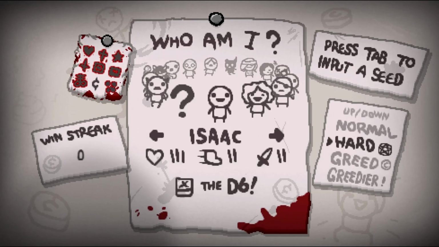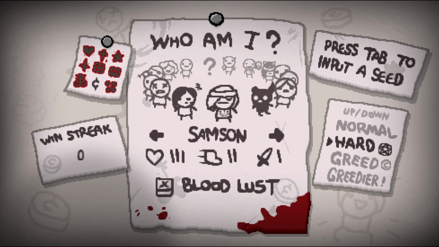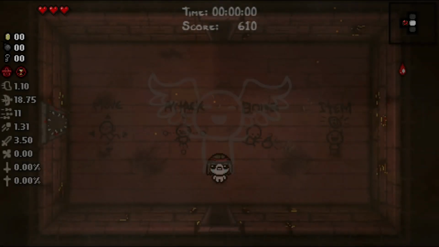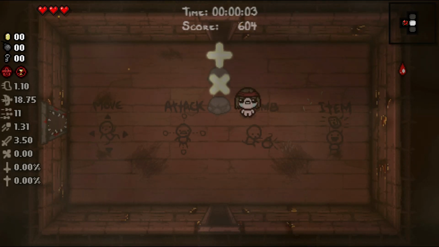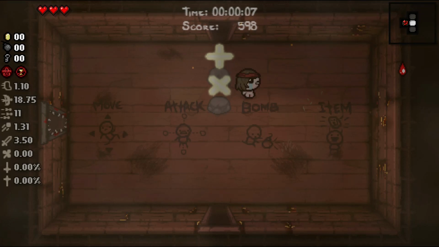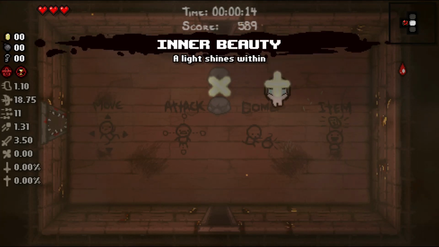So if we start ourselves a new run, let's be, I don't know, let's be Samson for a change. We're always Isaac or Lorem or whatnot, so let's be Samson for a change. And here we are, we've got 2 really hideous looking items. I didn't spend a lot of time on the artwork this time, but you get the gist. It's a plus, it's an X, it's a plus, it's an X. So if we pick up this plus,